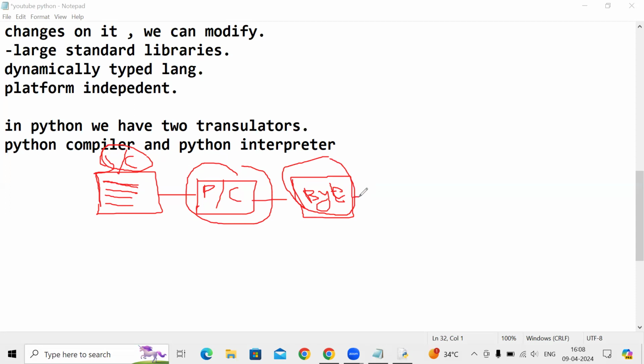From byte code, by using the Python interpreter, the byte code is